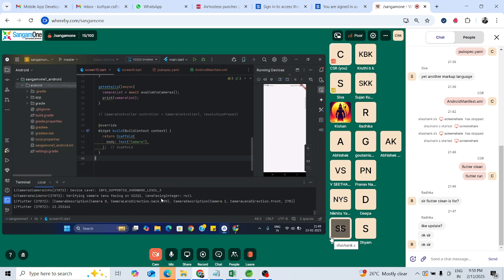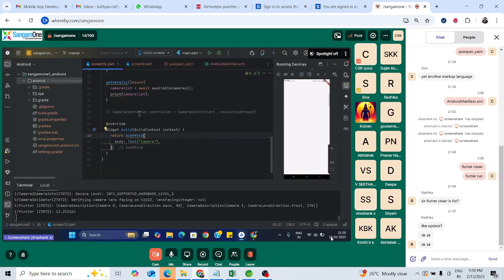I think it's related to the lens. Please go to the net and find out what is the 90 and 270 by looking at the documentation. Okay, so we have one back camera and one front camera. I don't think we need to put it. This is enough. Now directly go and